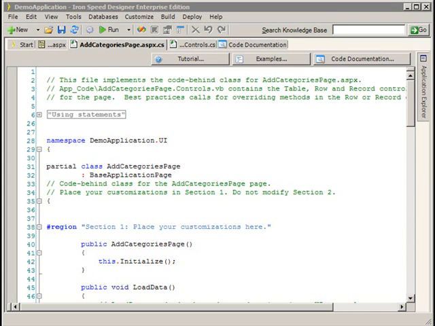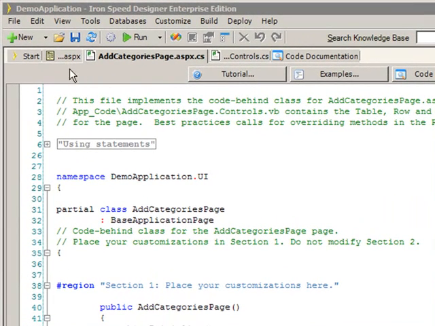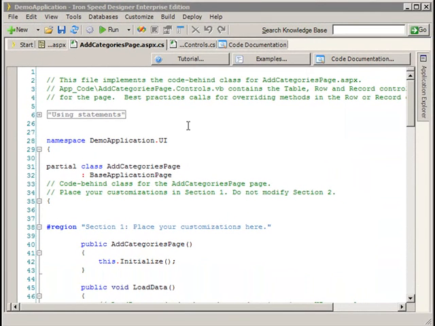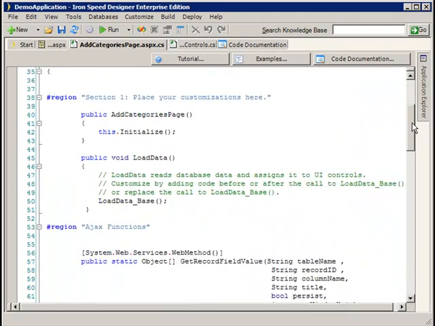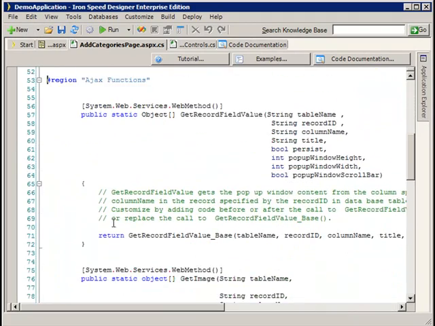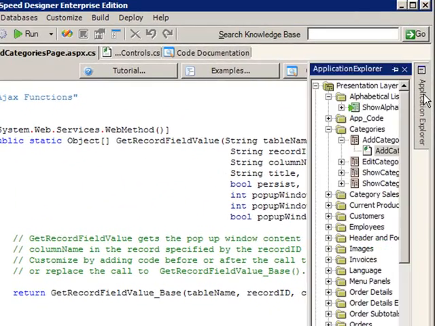So now that we've generated our application, let's go ahead and take a look around in a little more detail about what IronSpeed can do for us and the systems that we're trying to develop. As you can see, IronSpeed Designer doesn't hide or encapsulate any code away from us. What it does is it builds these applications, generating the code for us as we would expect